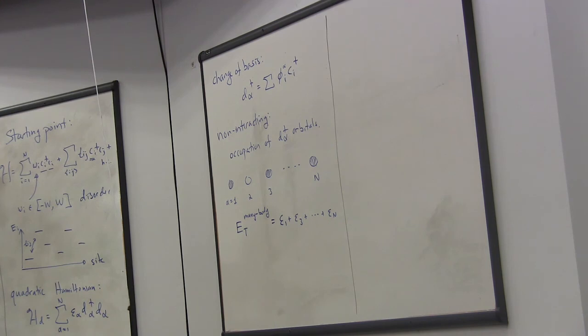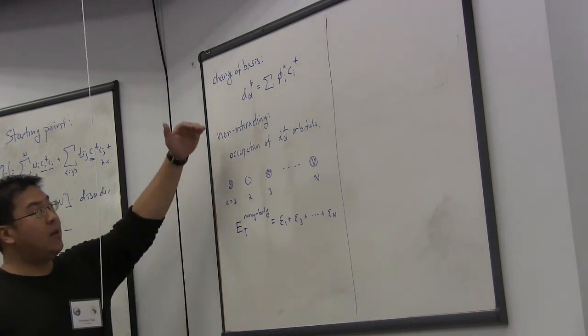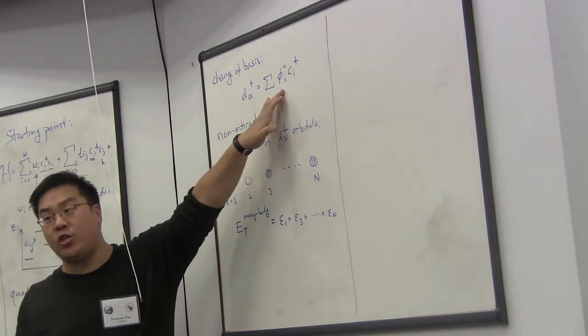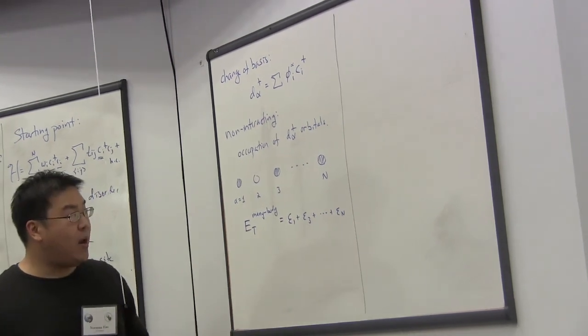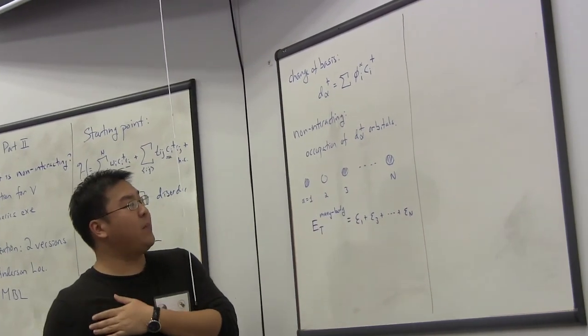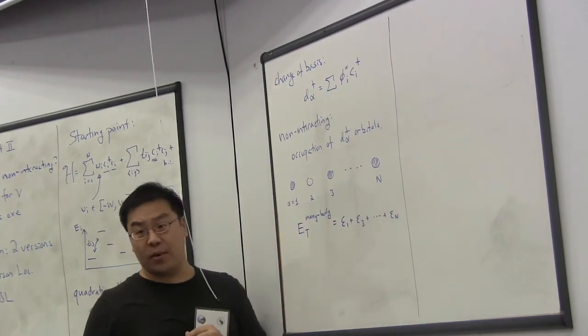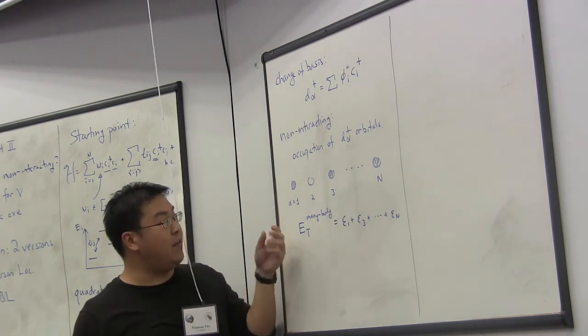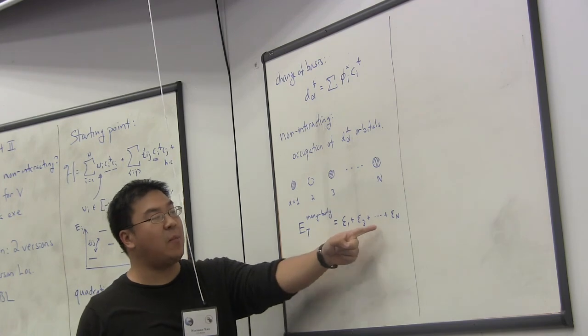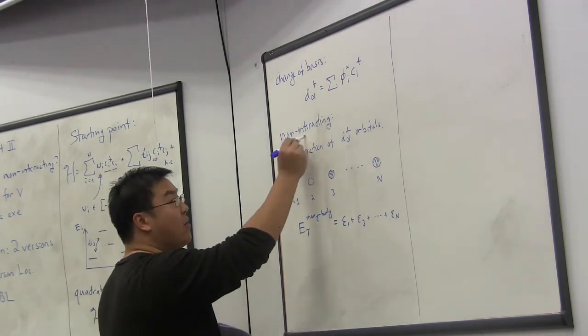Let's just recap very simply. We started with a Hamiltonian that describes fermions hopping in a disordered chemical potential. We can always make a change of basis to diagonalize. And in that change of basis, we have n orbitals. The change of basis amounts to our orbitals being expansions in the real space basis with some set of coefficients phi alpha. And now, in order to create many-body states out of these orbitals, one naturally imagines simply occupying these orbitals one by one. And the key feature now is that the energy of this many-body state, E total, is given by the sum of all of these. And herein comes the word non-interacting.